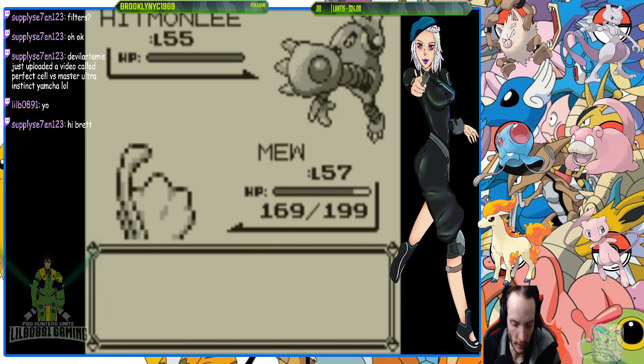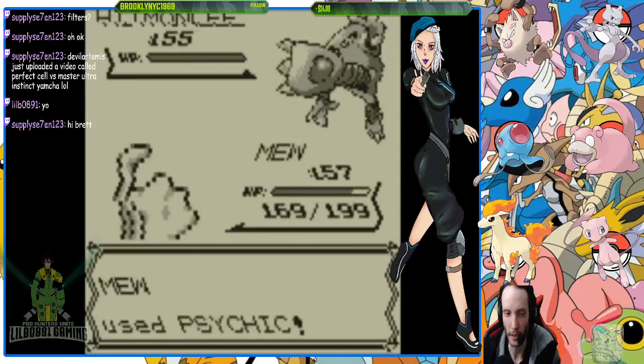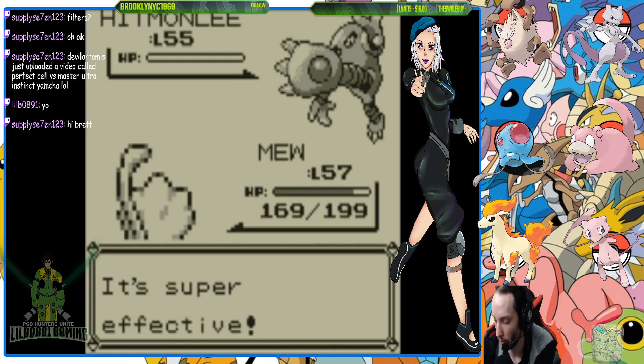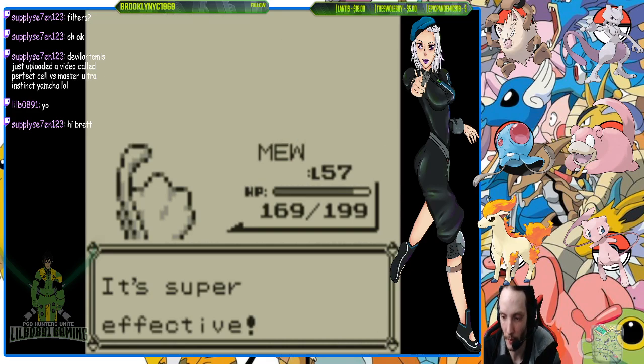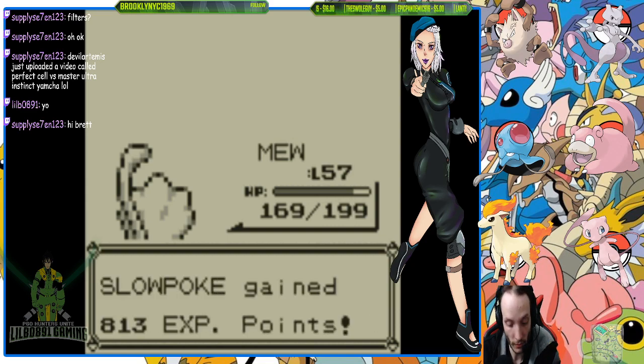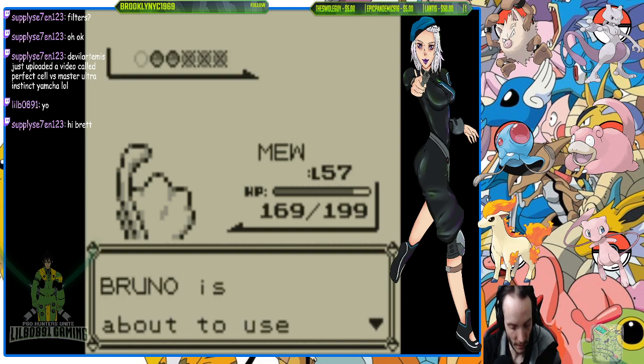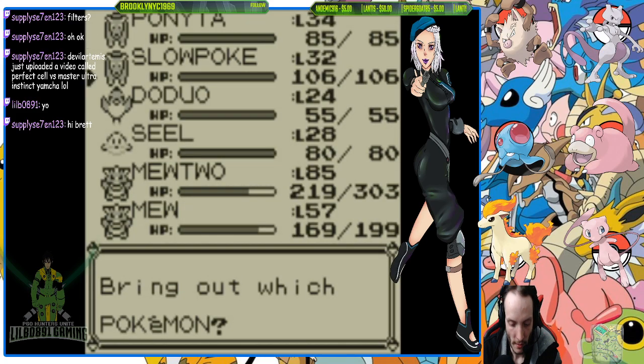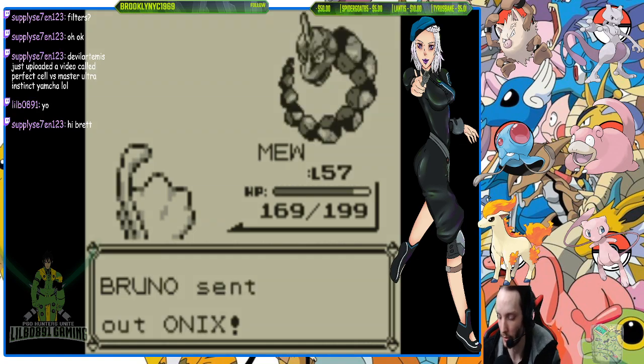And then Mew evolves into himself at like level 9 million. Fuck you, money, fuck you. Hitmonlee. Slow. Well, you're almost level 37, I suppose.